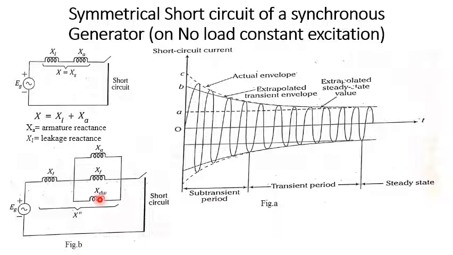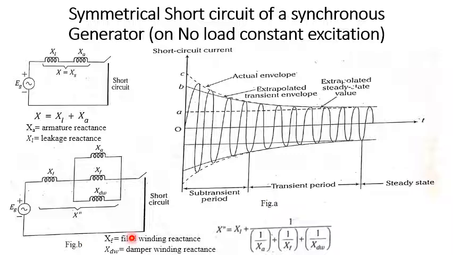The induced current in these two will be in a direction opposite to the magnetic flux produced by the armature conductor, resulting in a reduced equivalent reactance of the armature. This reduced reactance we call the subtransient reactance,